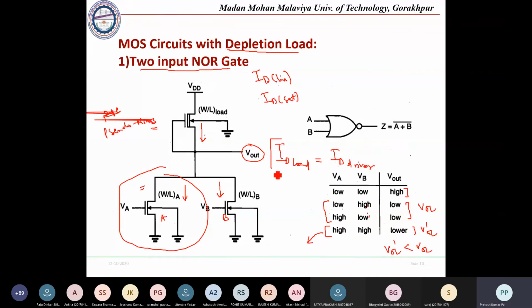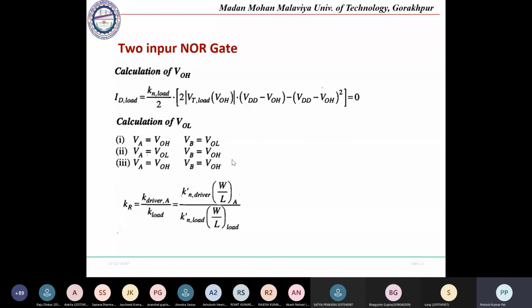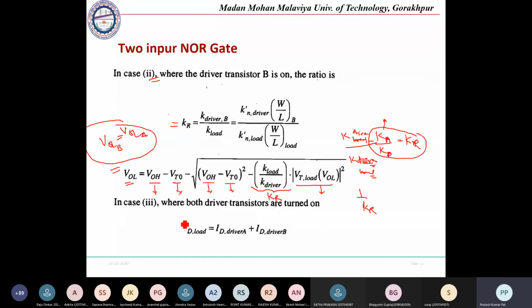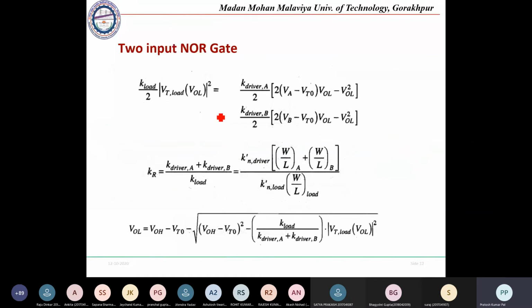But in this case, when both the transistors are on, the driver transistor current will be given by the current through transistor A plus the current through transistor B. So ID load will be equal to ID driver A plus ID driver B. After summing these two currents and equating to the load transistor, the only difference we will be getting is in terms of your